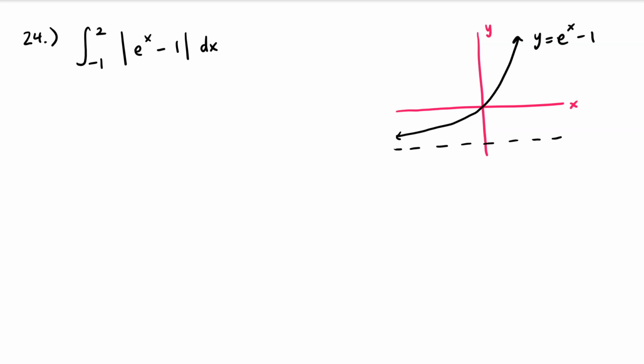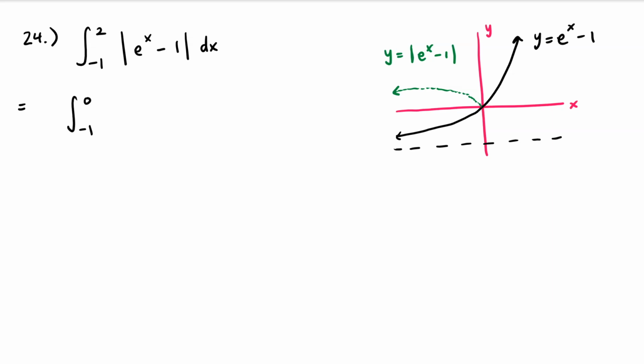Now, when we take the absolute value of a function, any part of the function's graph that falls below the x-axis gets reflected over the x-axis so that all parts of the graph are on or above the x-axis. So what's going to end up happening for this portion of the graph is it's going to get reflected, if I were to look at the graph of y equals the absolute value of e to the x minus 1. And so when we're thinking about calculating this integral, we need to break it up so that